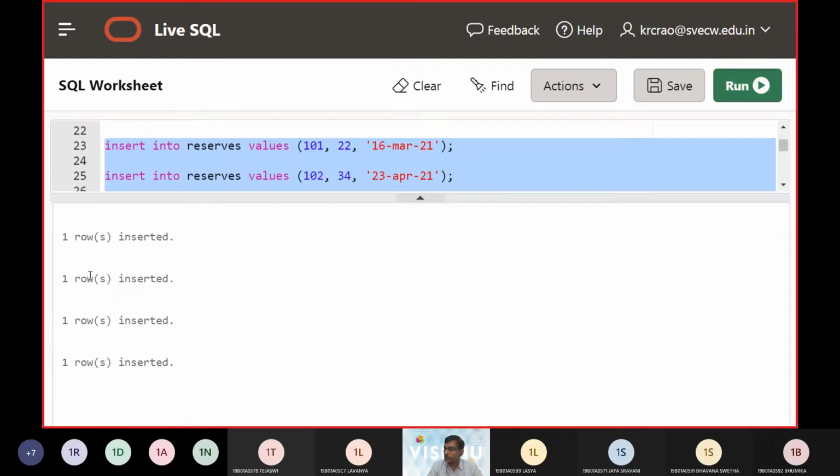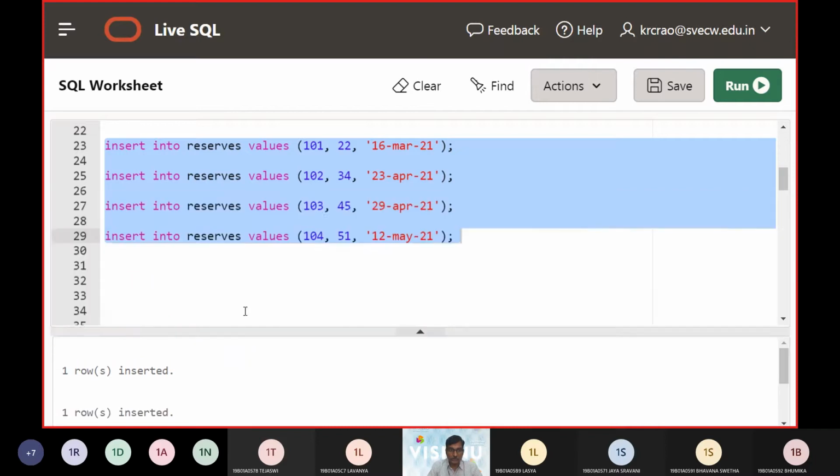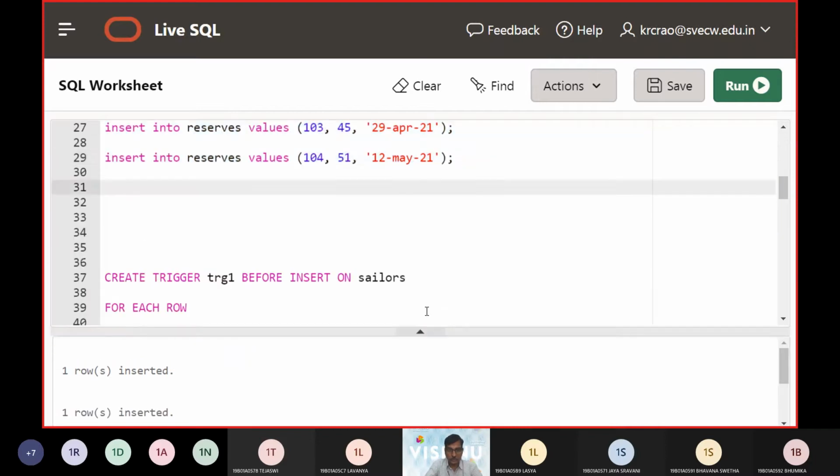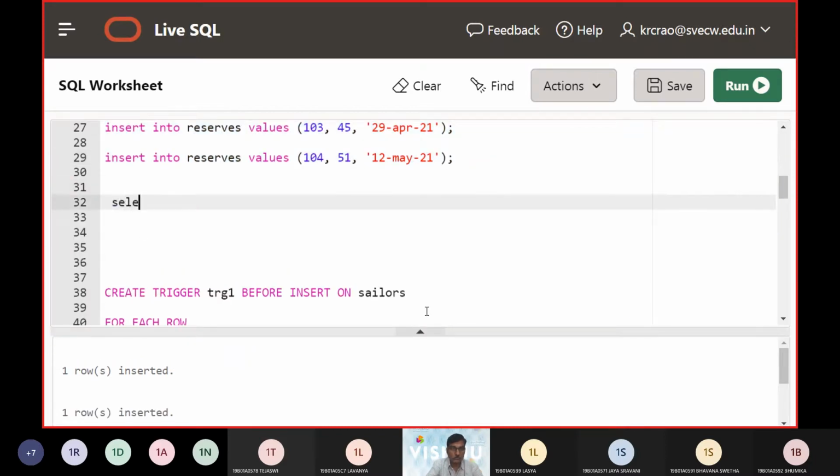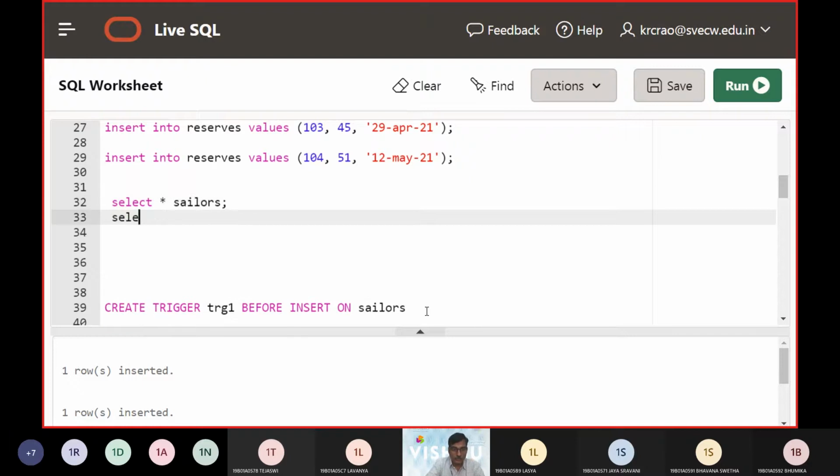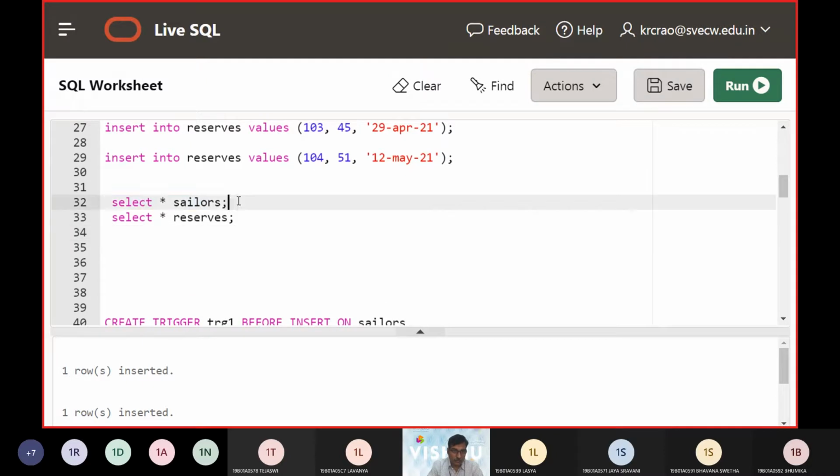Now the 5 rows are inserted in Reserves. Now let us take the outcomes of Sailors and the outcomes of Reserves tables.